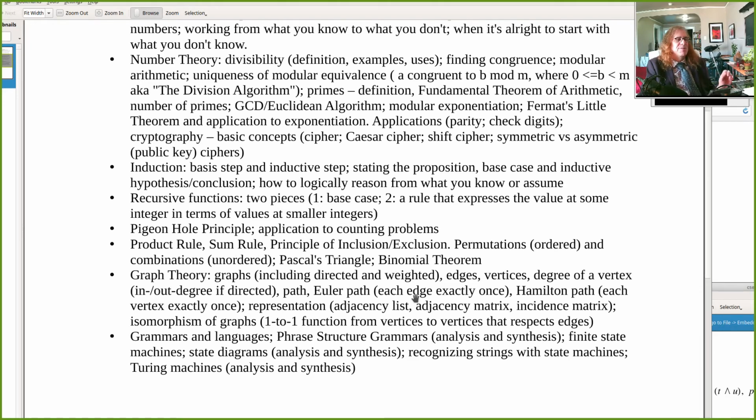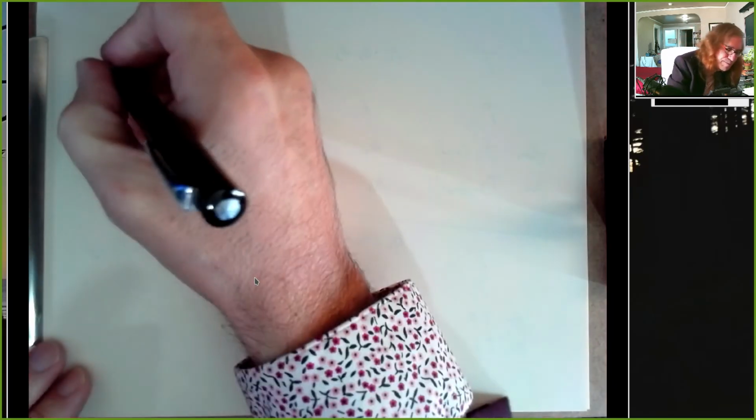All right, from the idea of product rule and sum rule, we can come up with a general notion of permutations and combinations. Permutations are ordered, combinations are unordered. You got to get those right, because they fundamentally change your answer. So permutations depend on the order. So think of the permutation lock on your locker in high school, and trying to convince your friends it's really a permutation lock. So permutation,